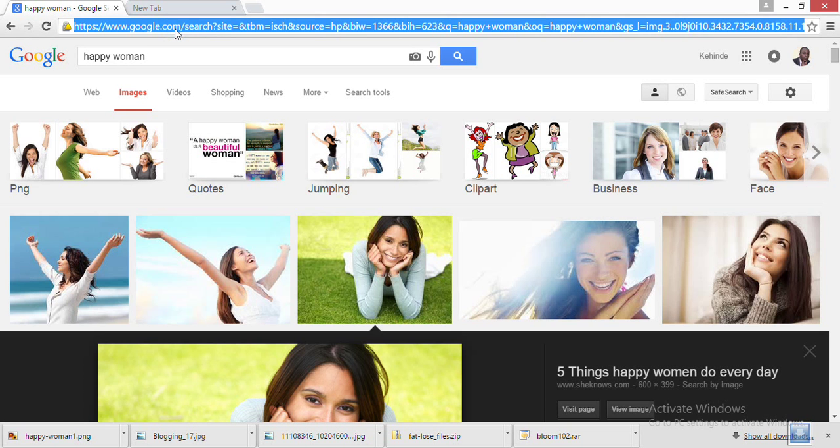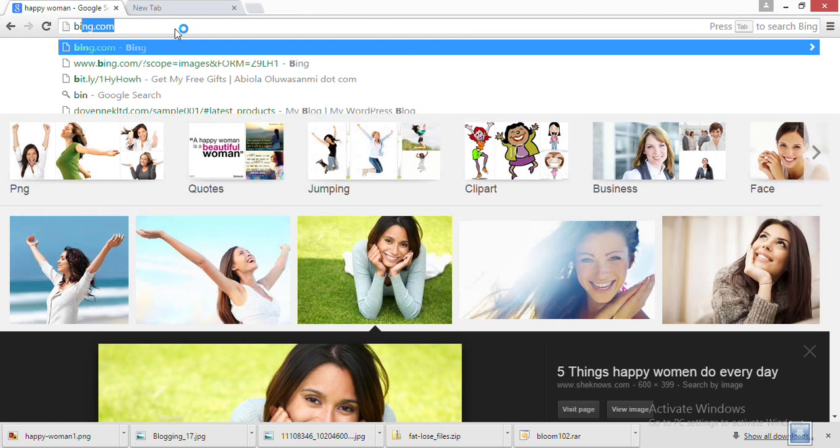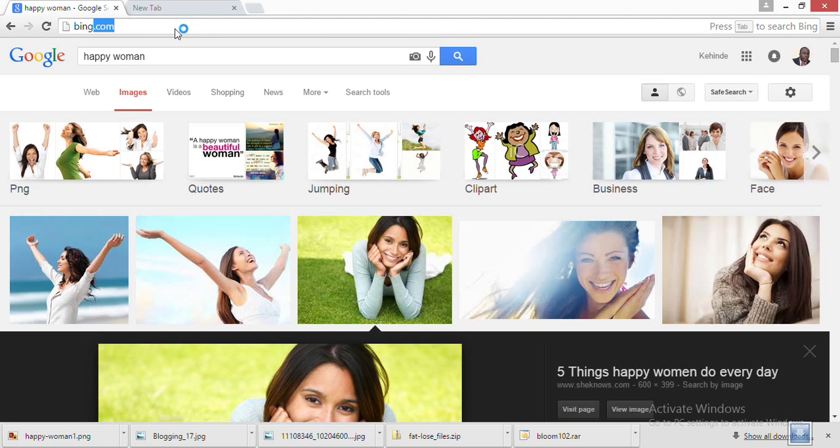So how about Bing? There is something that is unique about Bing, and that I really loved about it. I will show you that thing. On Bing, you can select the size of image that you want. You can select the size of image that you want. Quickly, while that one is loading, let me show you how to